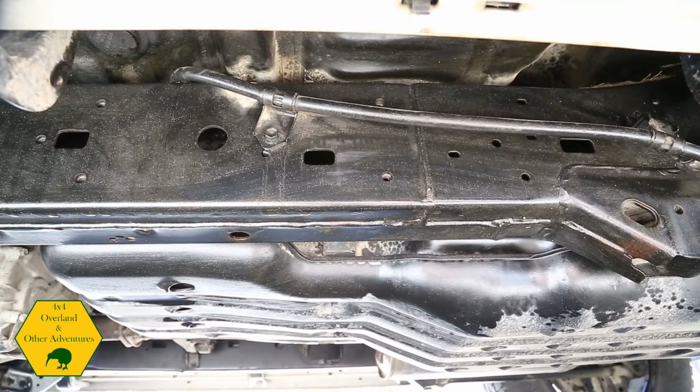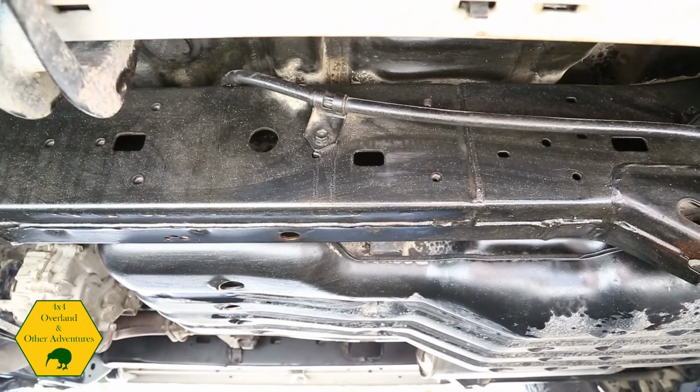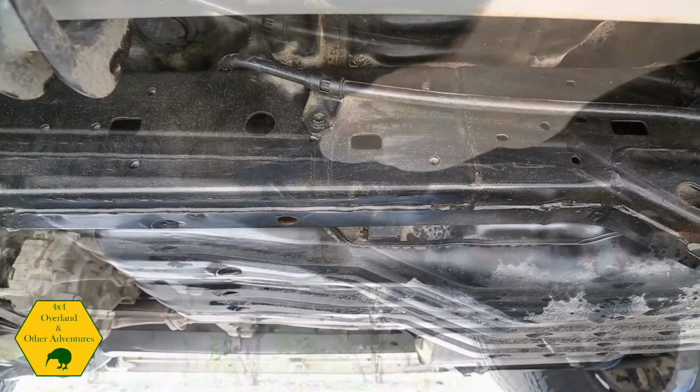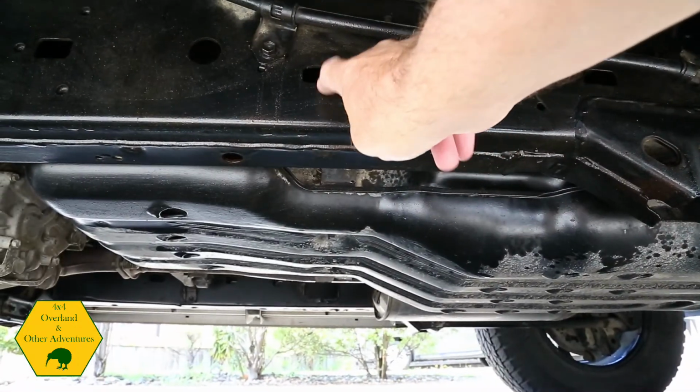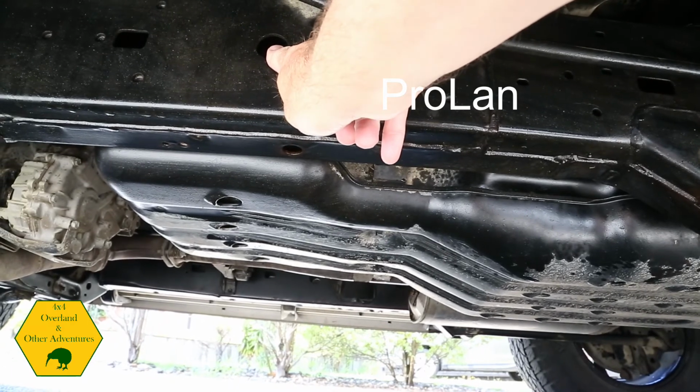Okay, this is the job a few days later, and you'll see it's now black and it's dried. These holes are the holes I filled with Lanotech, and I sprayed